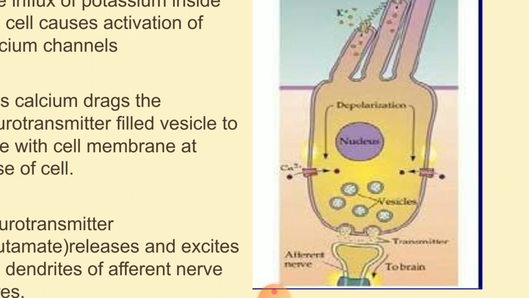Now, after the action potential is generated, it travels along the auditory nerve through different relay stations and reaches the auditory cortex, where not only the perception of sound occurs, but also detailed analysis of different critical attributes like frequency of sound, intensity of sound, timbre or the quality of sound, etc. takes place. The detailed processing of sound quality and frequency discrimination done at different levels we will learn in our next discussion session. So, this much today. Thank you all.